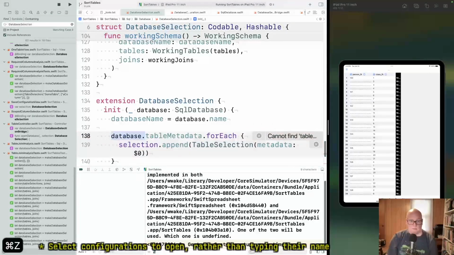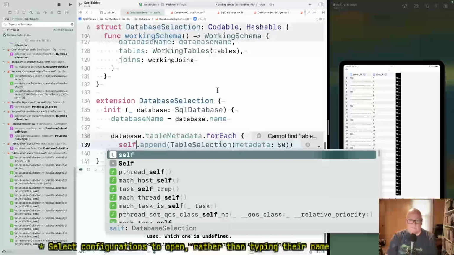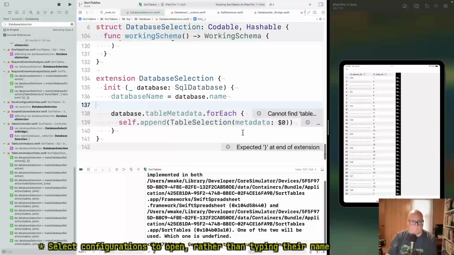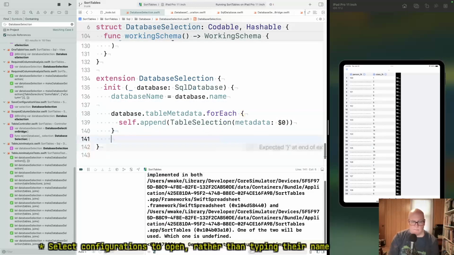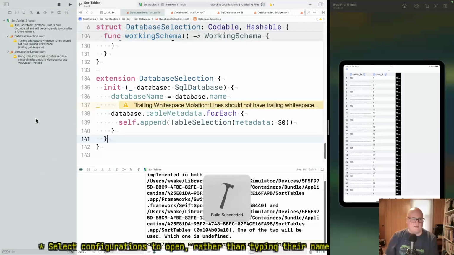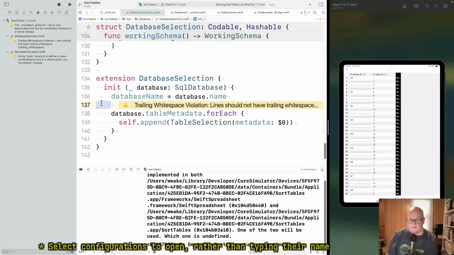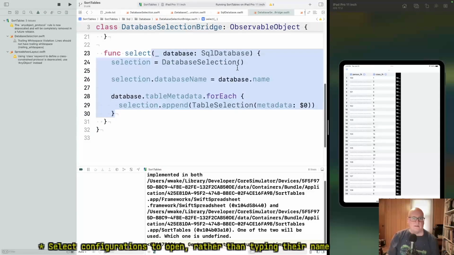Oops. Database table metadata. Self.append. Okay. All right, that should build. Yes, yes. And then we should be able to use it. Database selection of